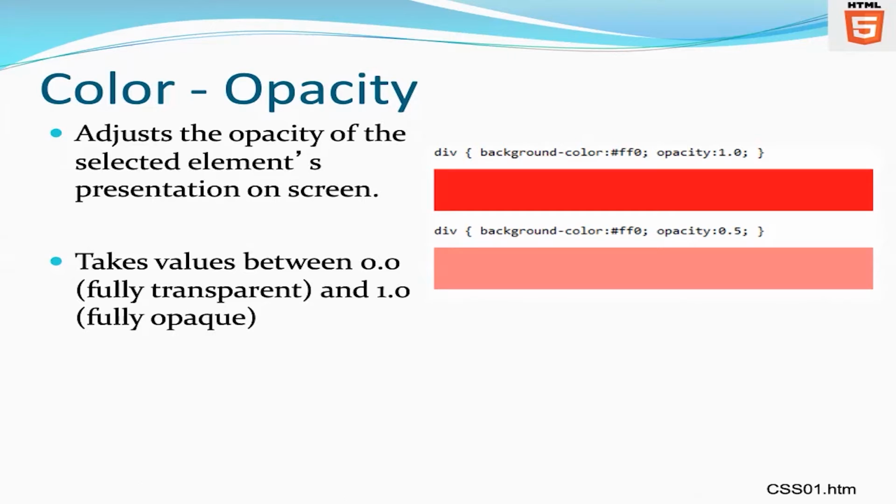Now, this would mean if there was something beneath the second div, the one which is pinkish, it's kind of semi-transparent. So if there was something behind that div, that content would be visible because the div is semi-transparent. It is not 100% opaque, it is semi-transparent. Opacity set to 0.5. Now, this brings up another interesting question.